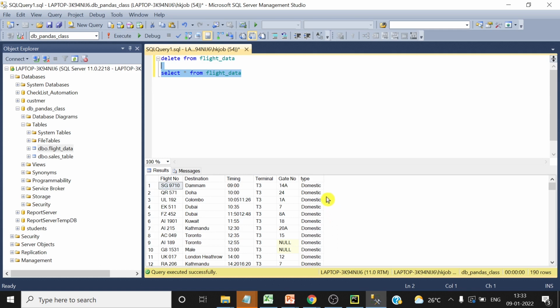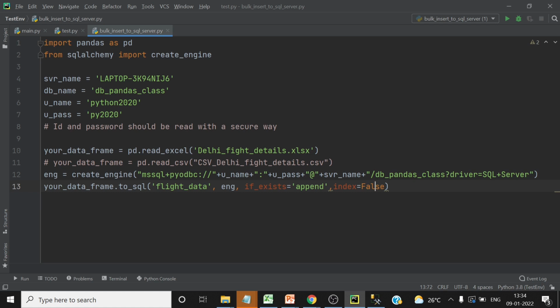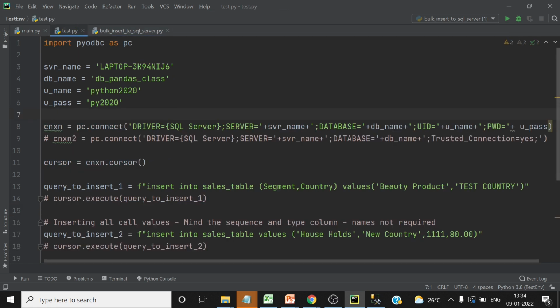Our next step, which I wanted to explain, is how to execute normal queries like insert query, update query, and then any other query into SQL Server database. So I have already done a video and code is here for that. You can see on your screen right now. So you can pause the video and look into this code.